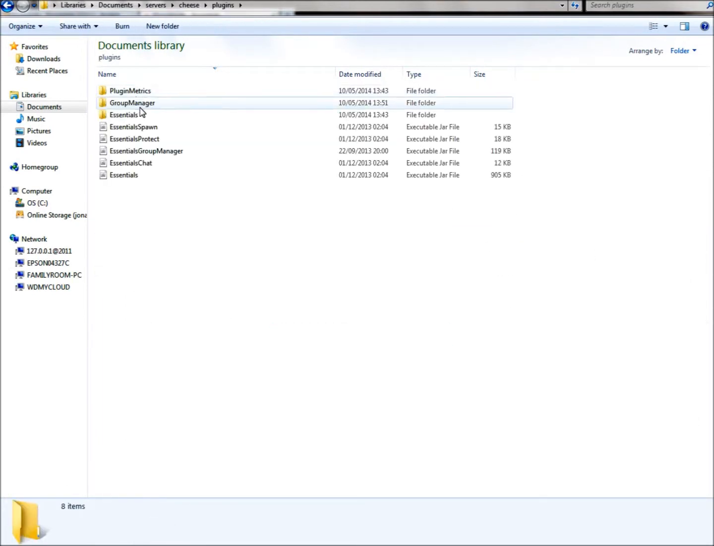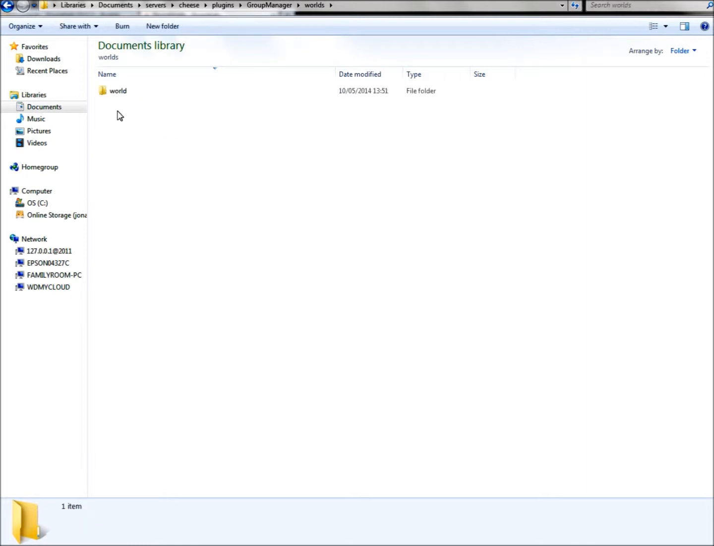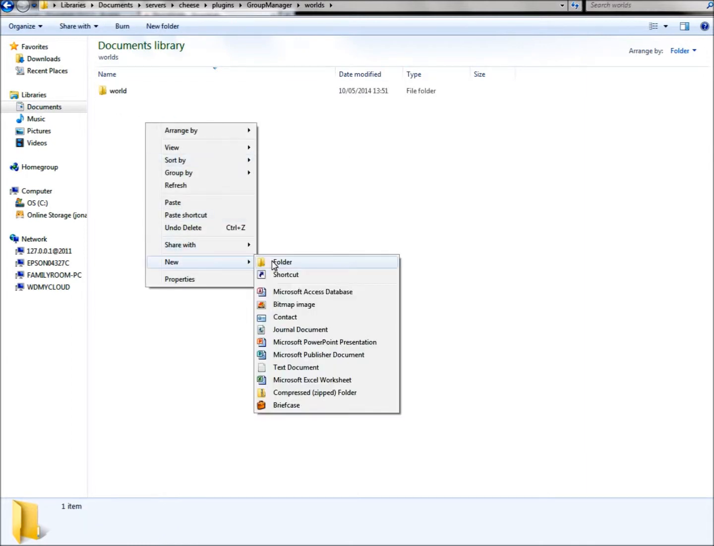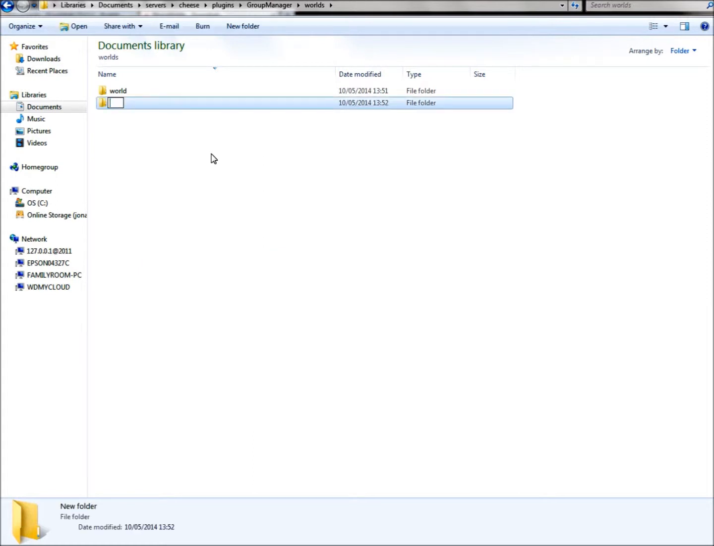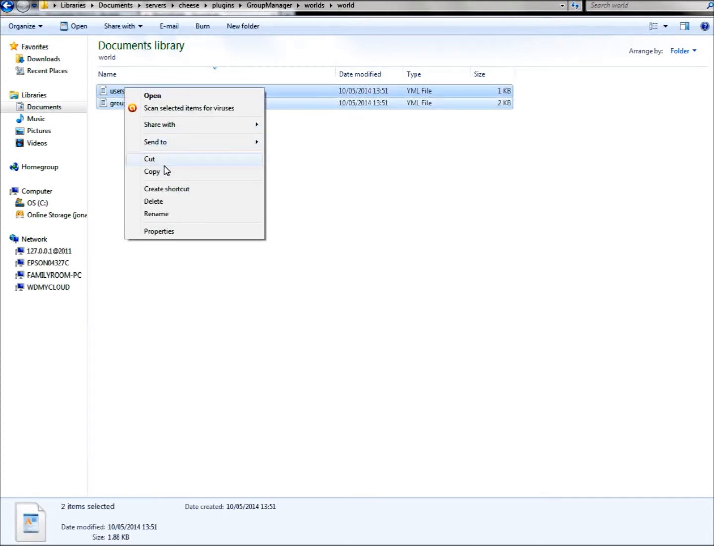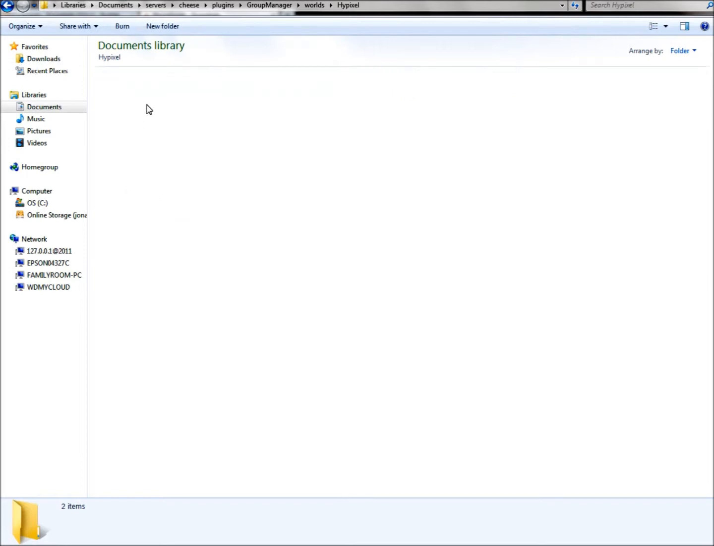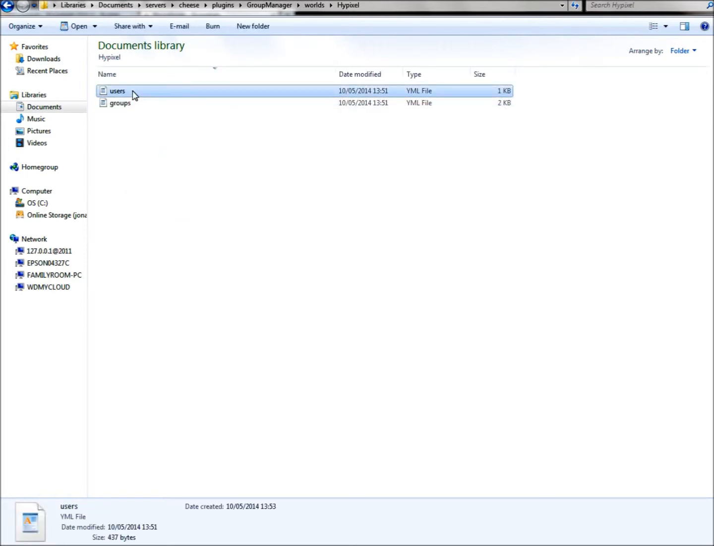So you go into plugins, Group Manager, worlds. Now you'll need to create a new folder with your world name. So for us it's Hypixel. Now you can just copy and paste this over, it's easier, into your new world. So you've got groups and users.yml. So if we modify groups,